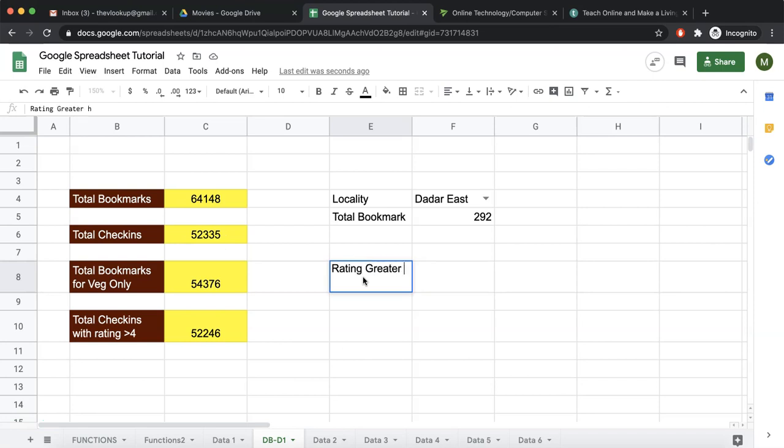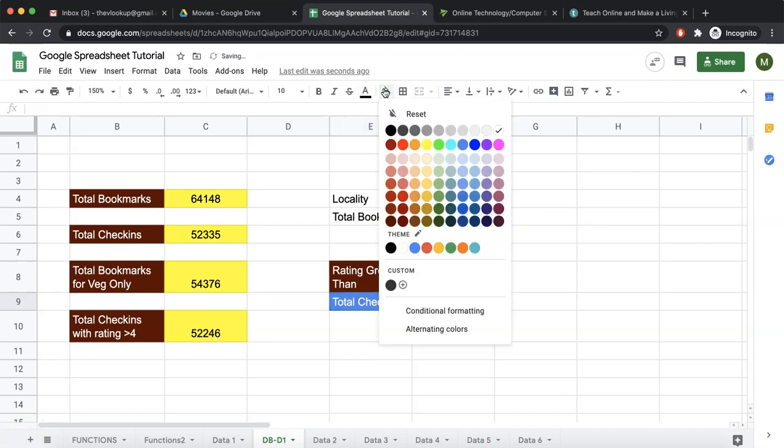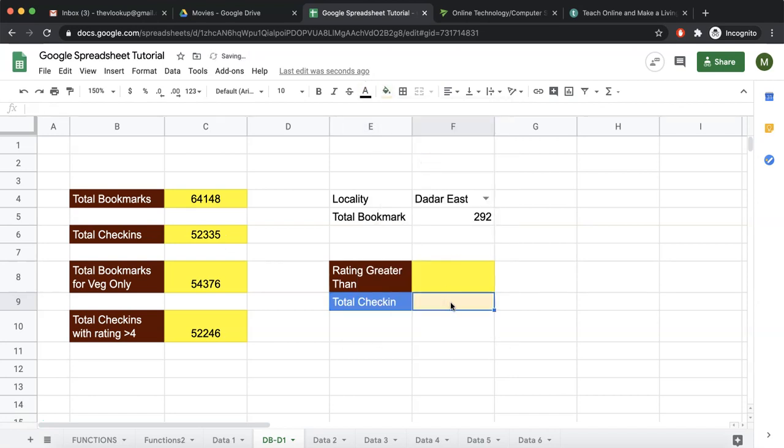Rating greater than, and then we say total check-in. We wrap this up, we format paint this, and let's say we want to have some new design, so we'll not do format paint, and you can do whatever design you want. Okay, now what I want is, if rating over here is 4, then this should give